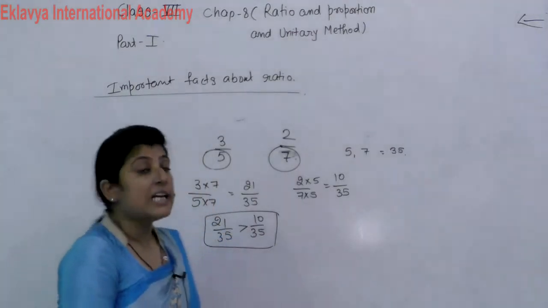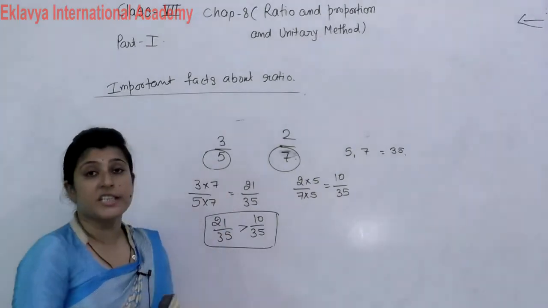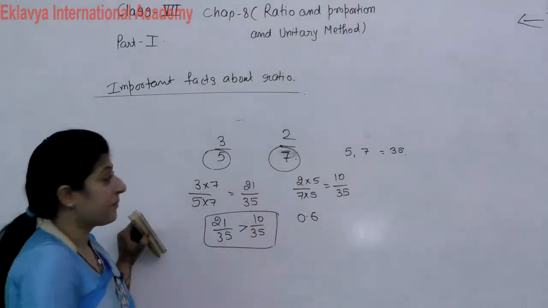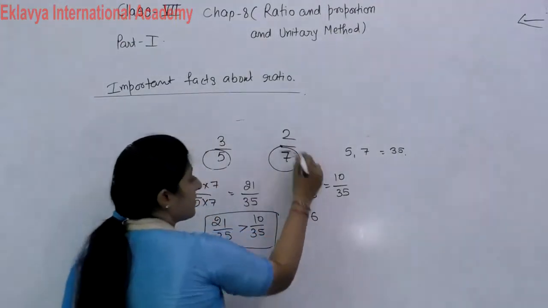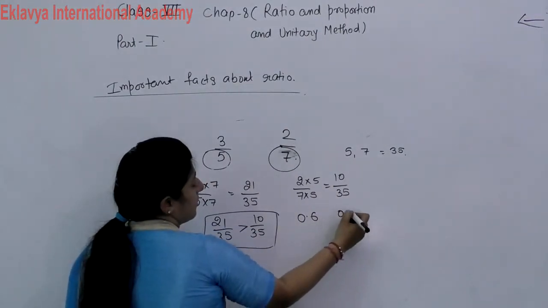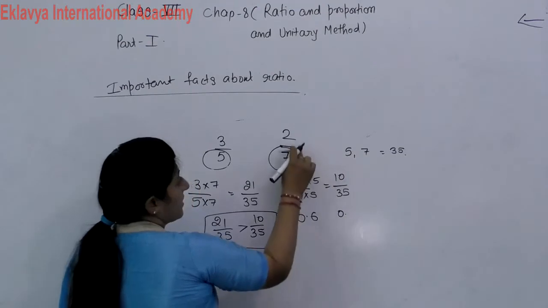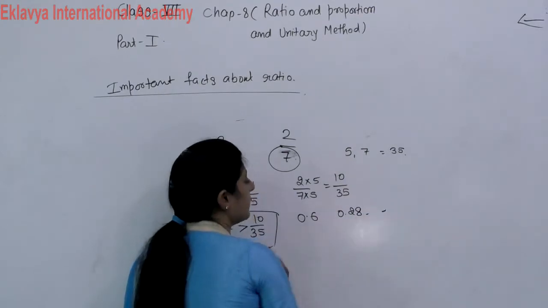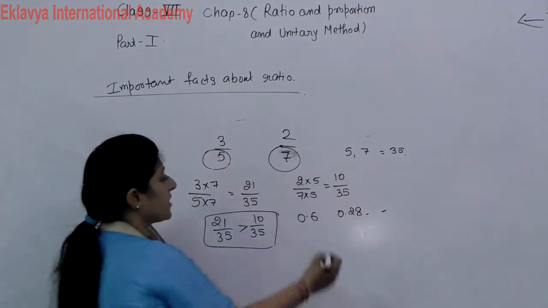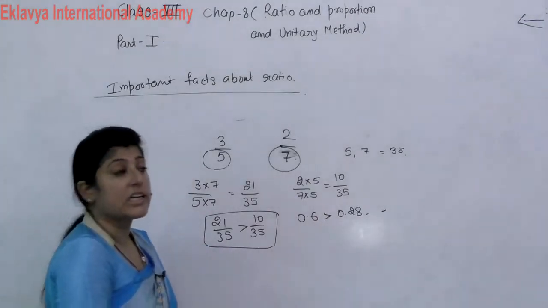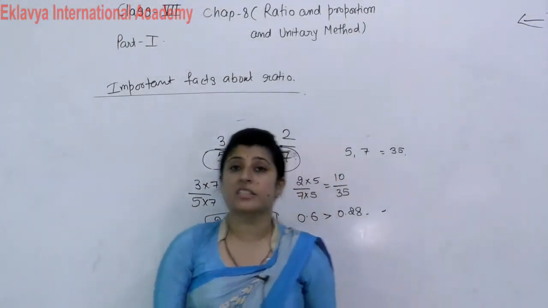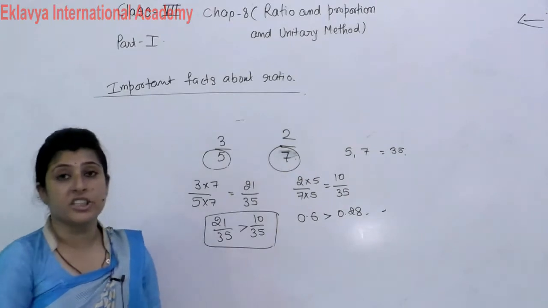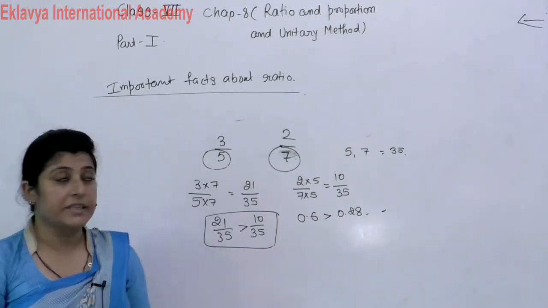First method is this. Second method, firstly you change it into decimal. Then it becomes 0.6, 5 6 are 30. Then this one, you can say 0.7, 2 7s are 14, 60, 7 8 are 56. Then continue. Then which one is greater? Obviously 0.6 is greater than the other. So there are two methods to compare the ratios, that firstly make the denominators the same, then compare it, otherwise change into decimals, then we can do the comparing.